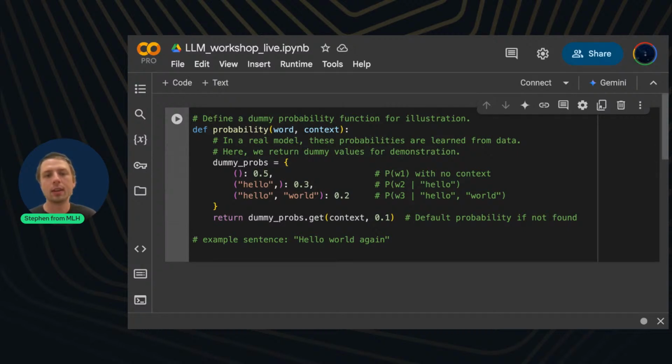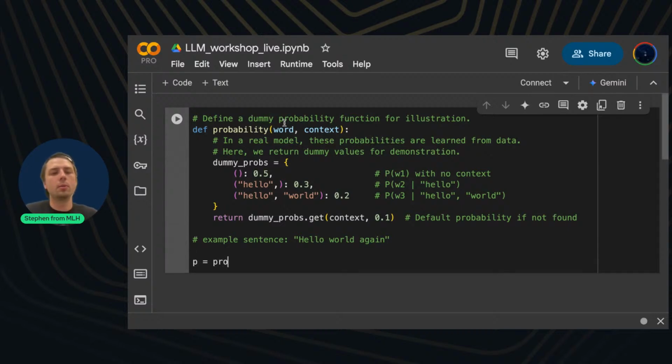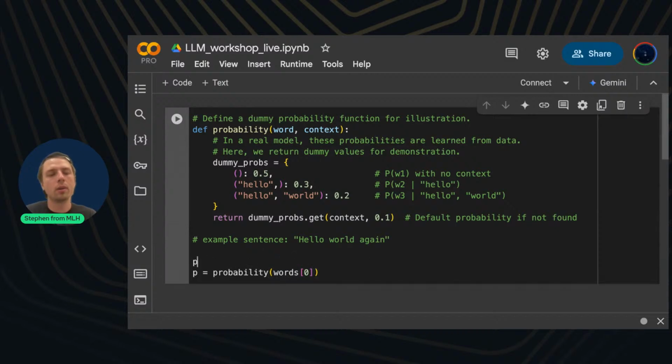And actually, let's see here. All right. So we're going to move on now and actually get to computing this probability. So we'll take words. The first probability is just P(W1), sorry. So P(W1) is not given anything, right?